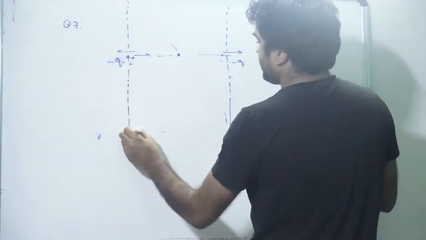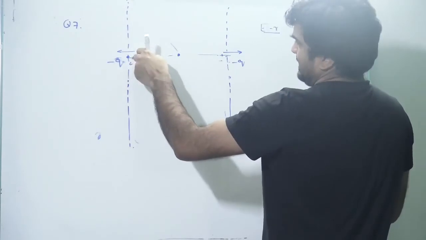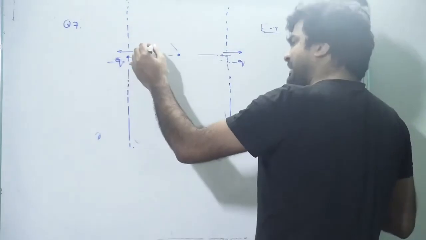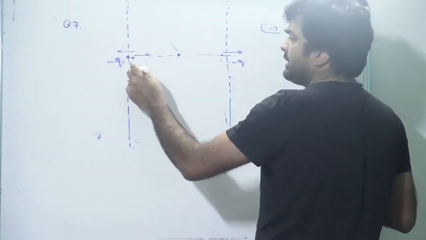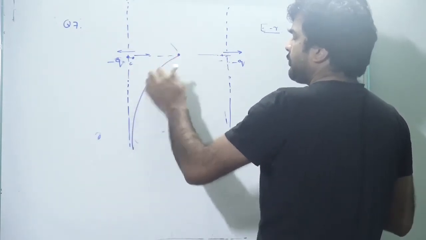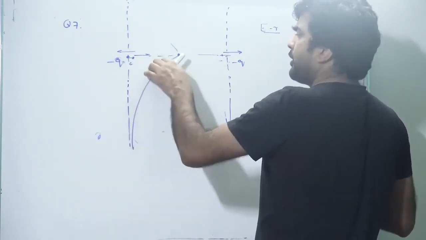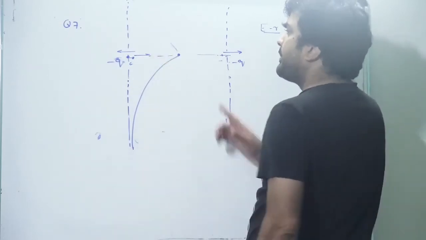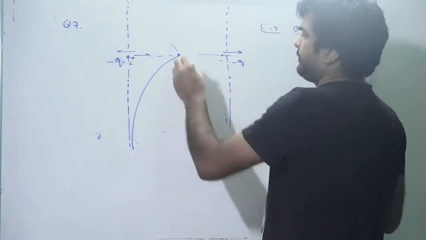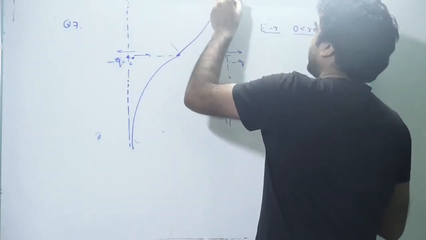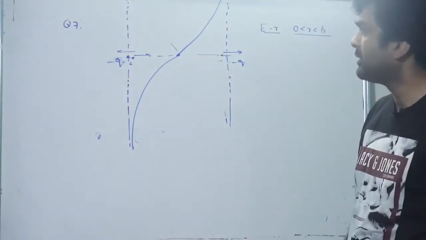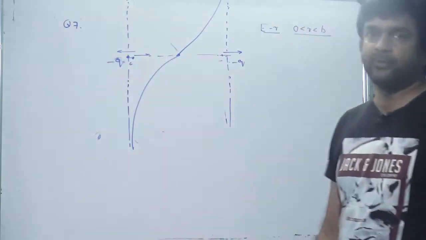So if we make a rough sketch of the graph, electric field here is very large, it's negative, and in the midpoint it becomes 0. So the graph should be something like this, from very large negative value to zero value, and just from the mid towards right, electric field will become positive. This is the nature of the electric field graph for two negative charges, minus q and minus q.